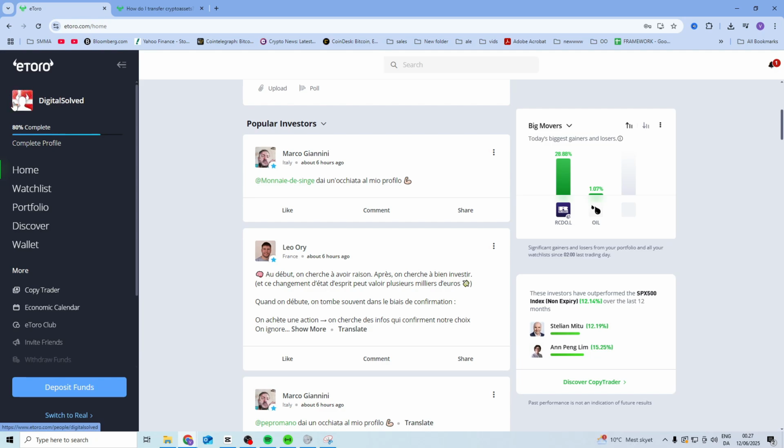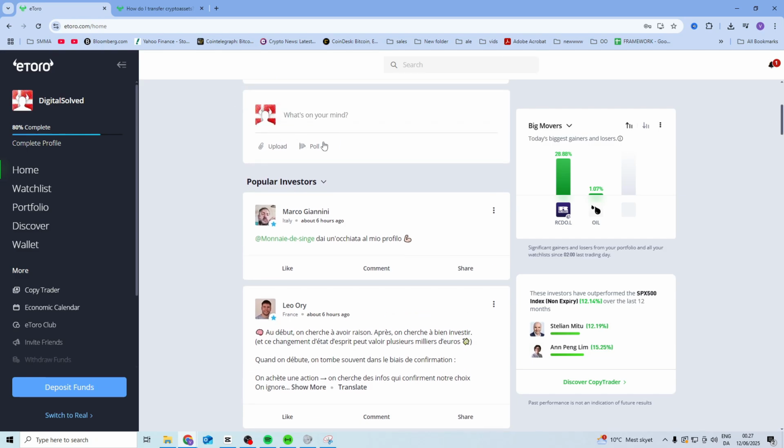Now what this means is you're going to add a profile picture. You're going to do all the security things with your phone and all this stuff. Once that is completed, you want to press on home. Then from in here, just scroll down a little bit and you can see that you will be able to make a post. So what I suggest you do is you post something every single day, and you will also